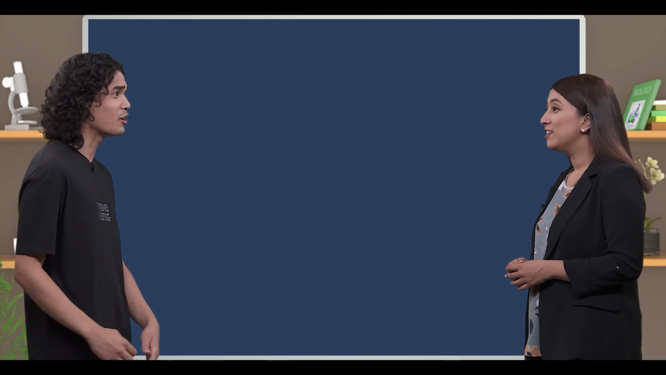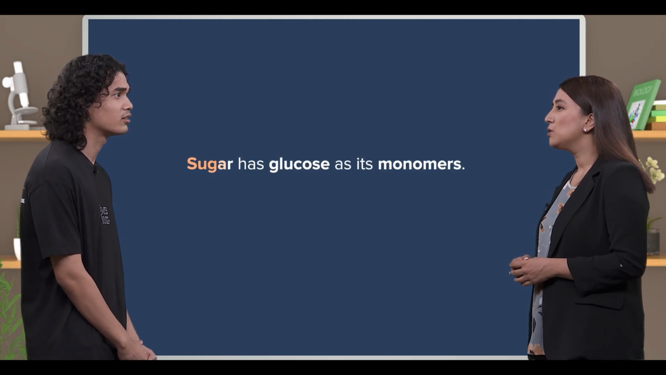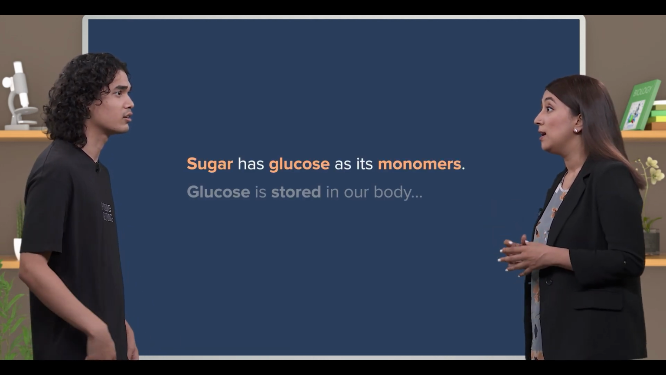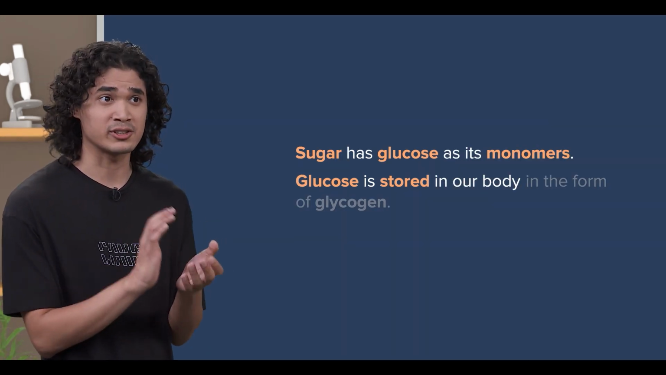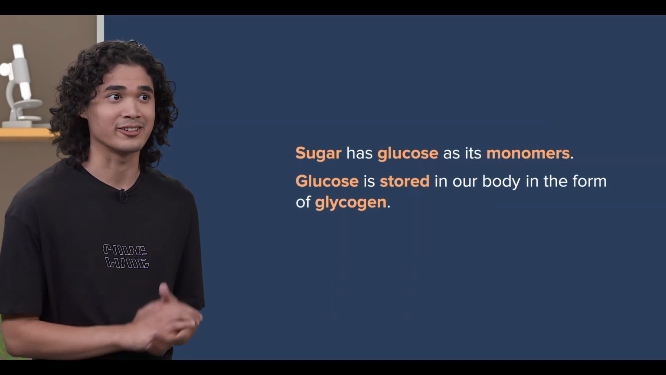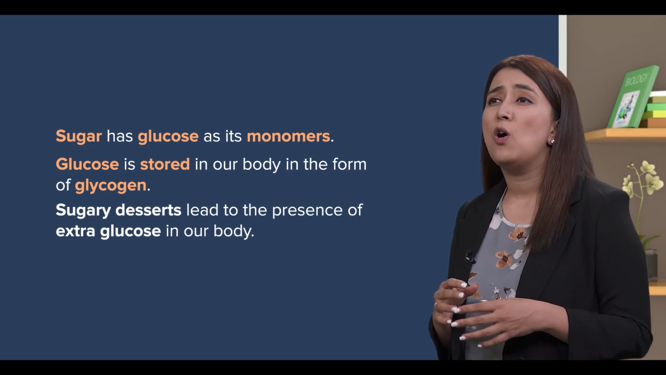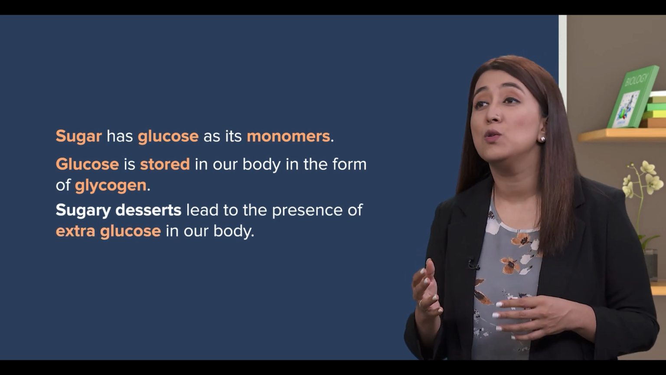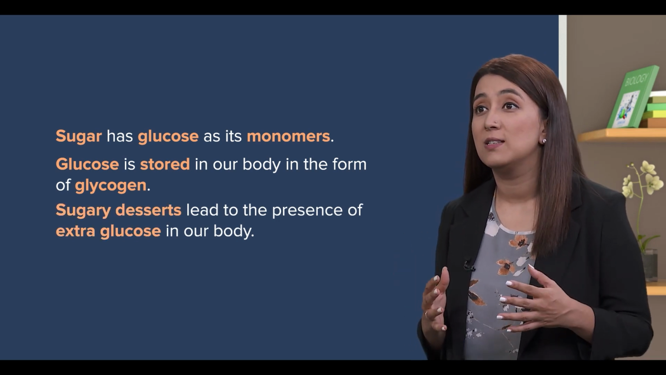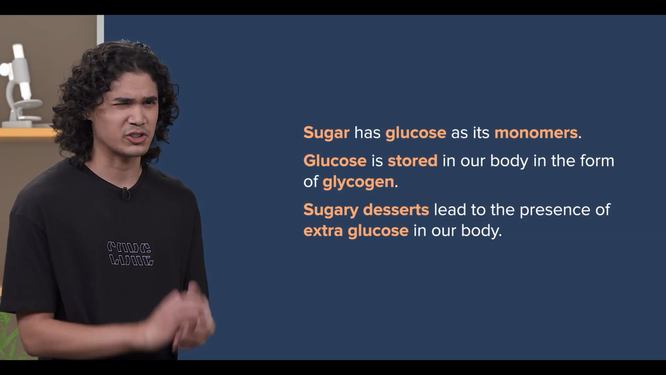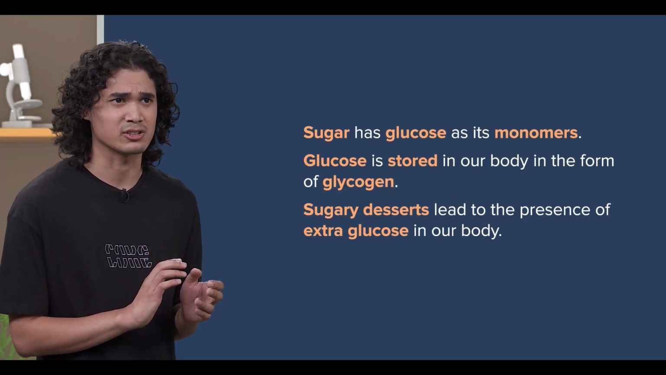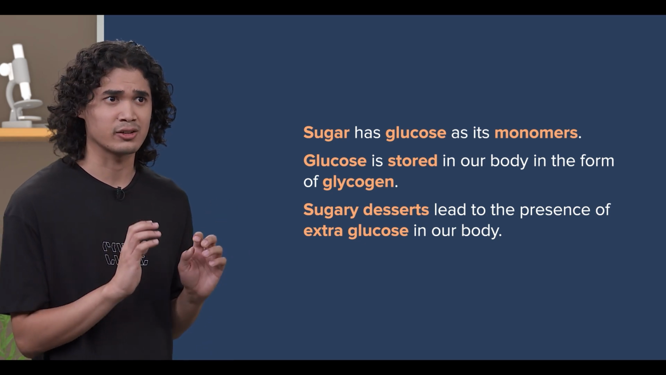Seriously? How? I'm sure you remember that sugar has glucose as its monomer and glucose is stored in our body. I do. Glucose is stored as glycogen in our body. Correct. And how about all the extra glucose like those you get from all the sugary desserts? How are they stored? As glycogen, right? I'm sure it cannot be starch for animals, and I don't know if there's any other way to store glucose